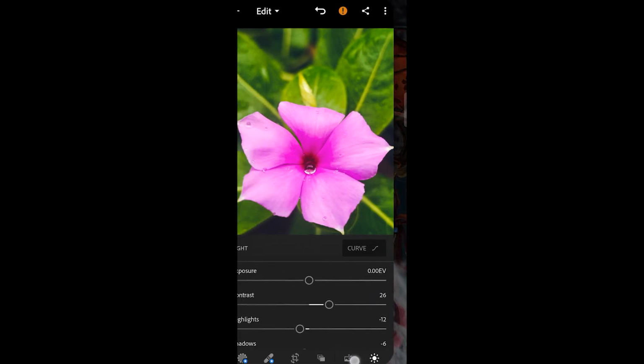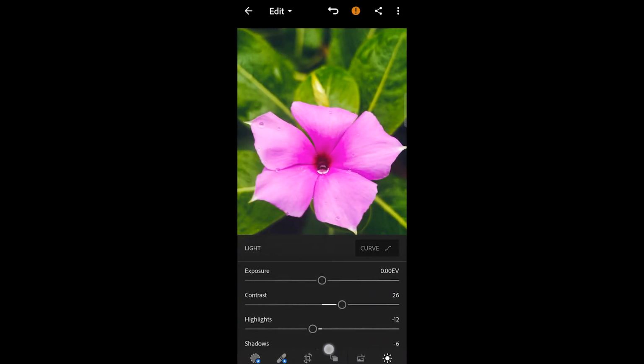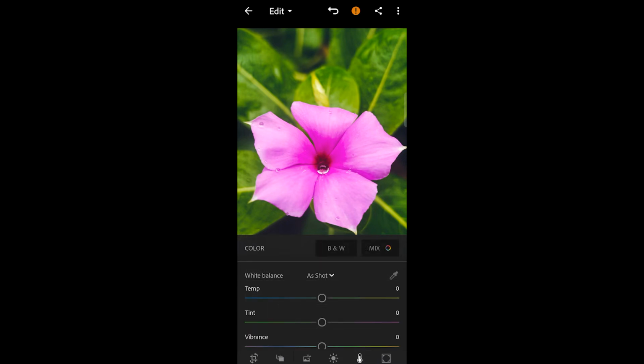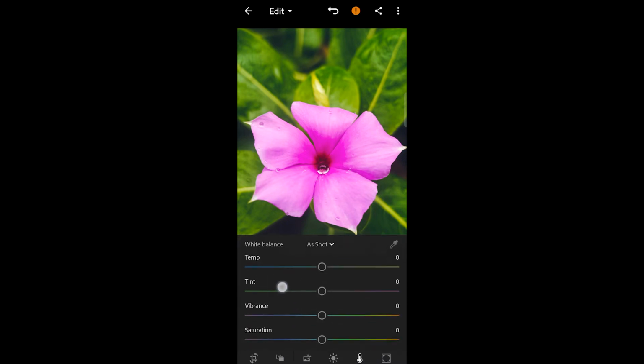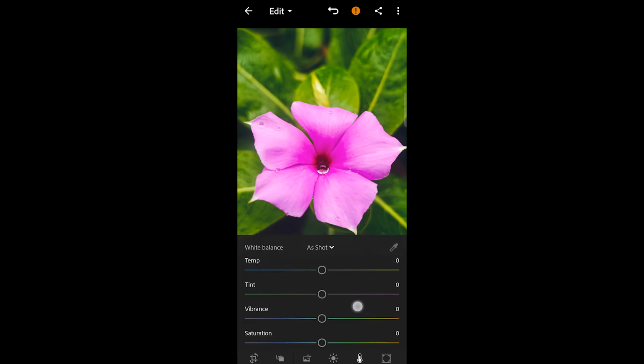Now next step, go to the temperature or the color panel. Here you can see white balance, tint, vibrance, saturation. So first let's adjust the temperature. Okay, I'll go maybe plus 8.